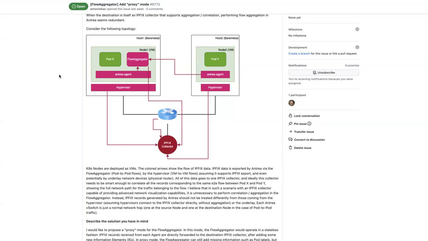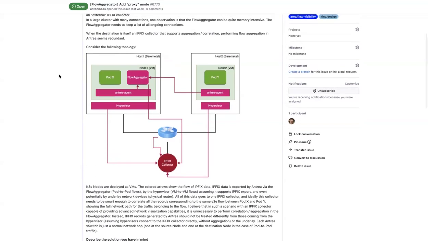So my observation was that if you have such a, I don't want to say complex, but such a comprehensive deployment with IPFix support at different layers, using the flow aggregator in Antrea,